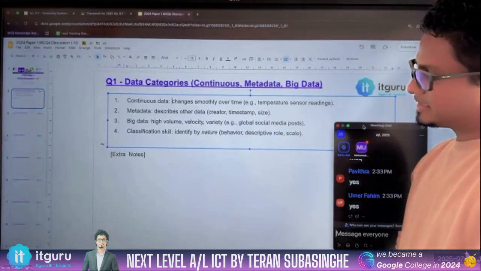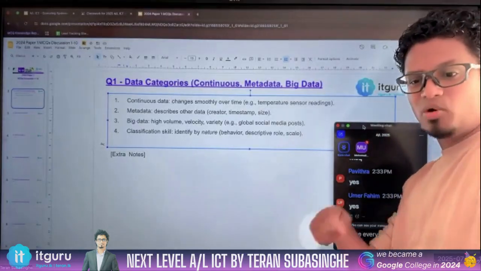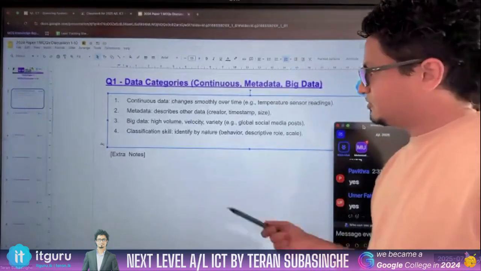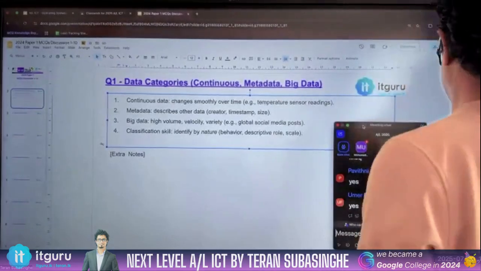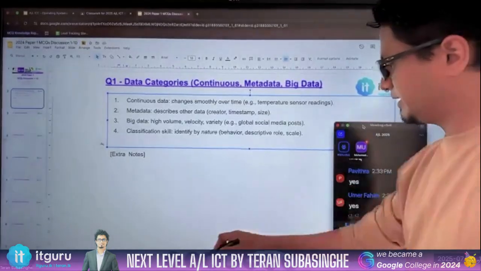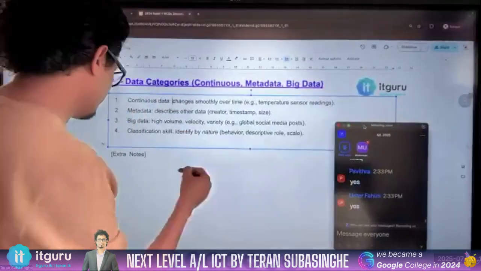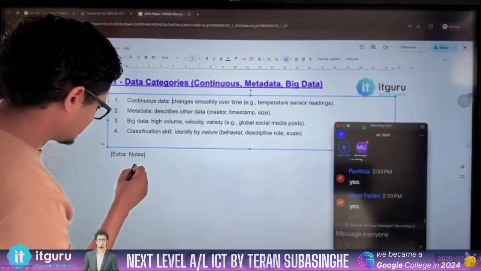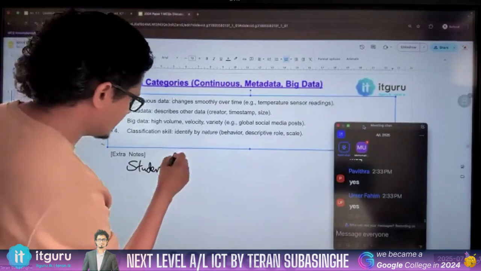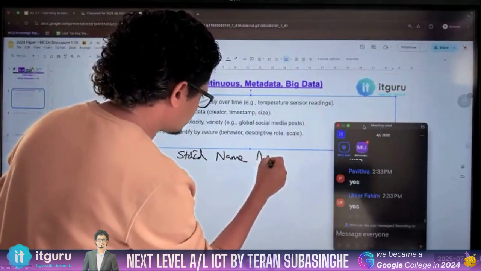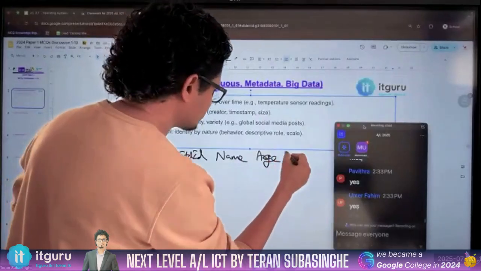Now, metadata is basically data about data. Let me give you a small example. Let's say you have a table, a student table. This student table has a student ID column, name column, age column, and date of birth column.